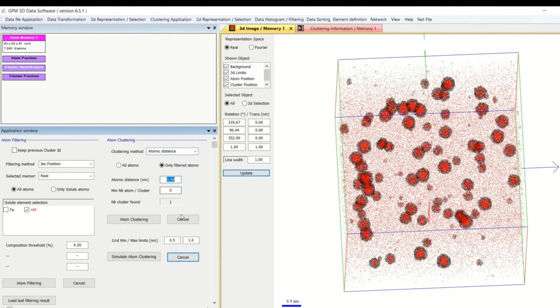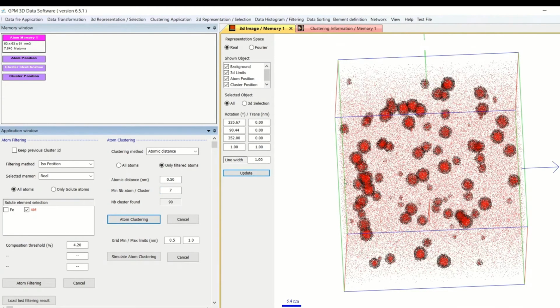I will keep the default value of 0.5 nanometer, and to define a cluster I also have to give a minimum number of atoms. Here again I have determined this parameter by comparing with a randomized data file. When I have selected my parameters, I can do the atom clustering.